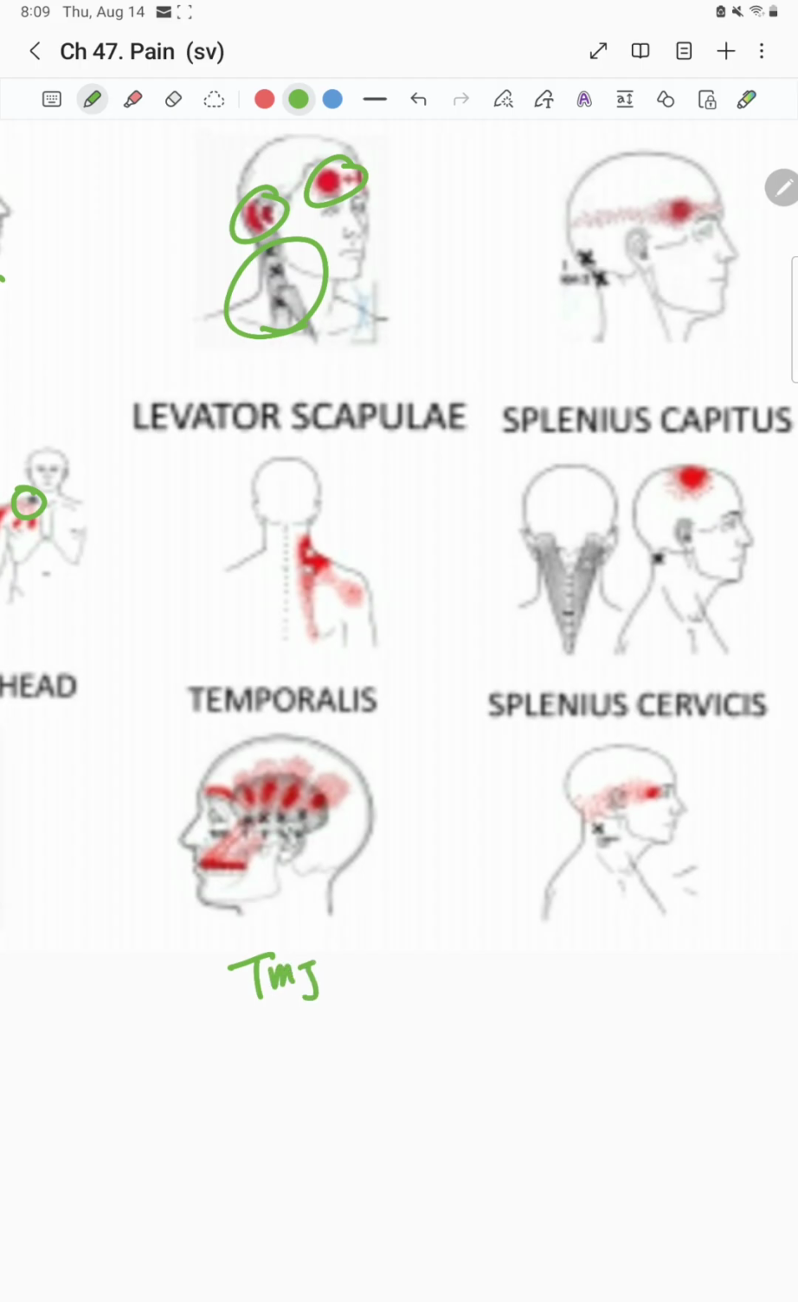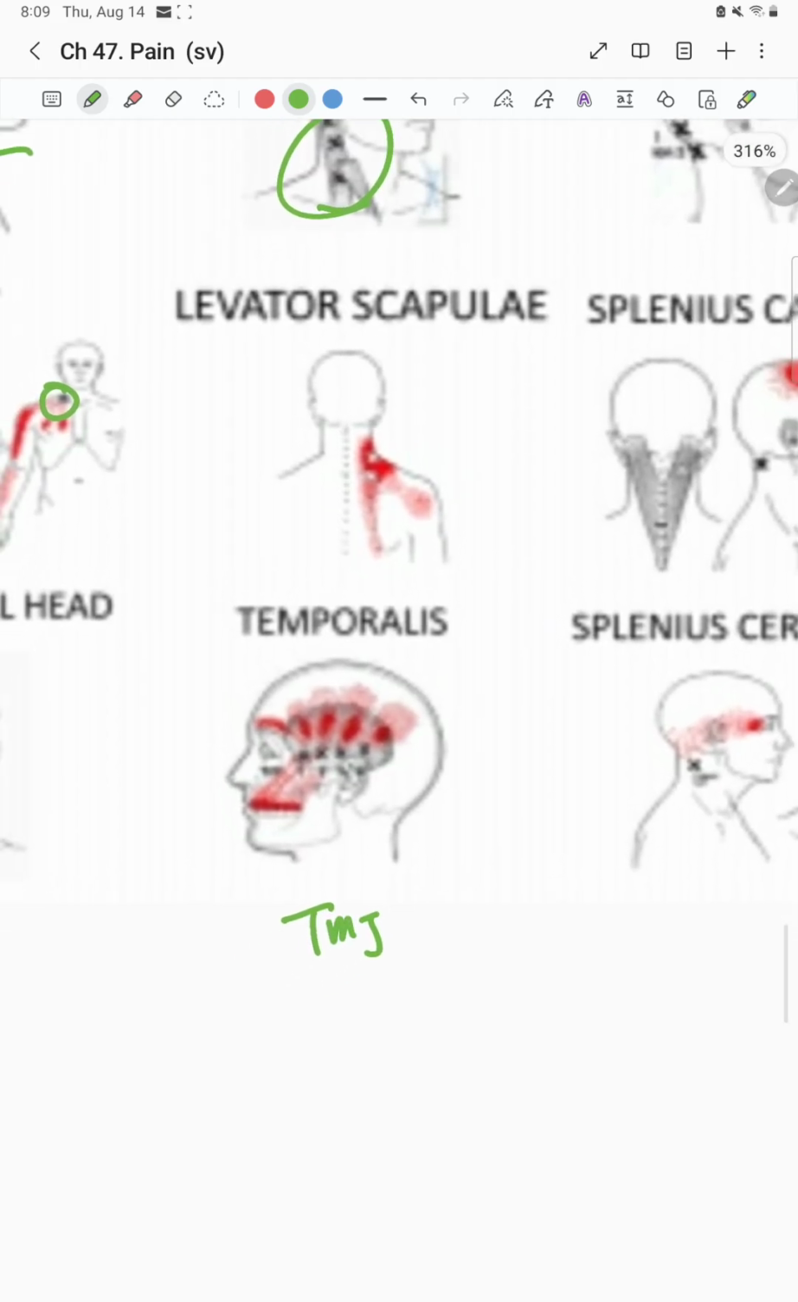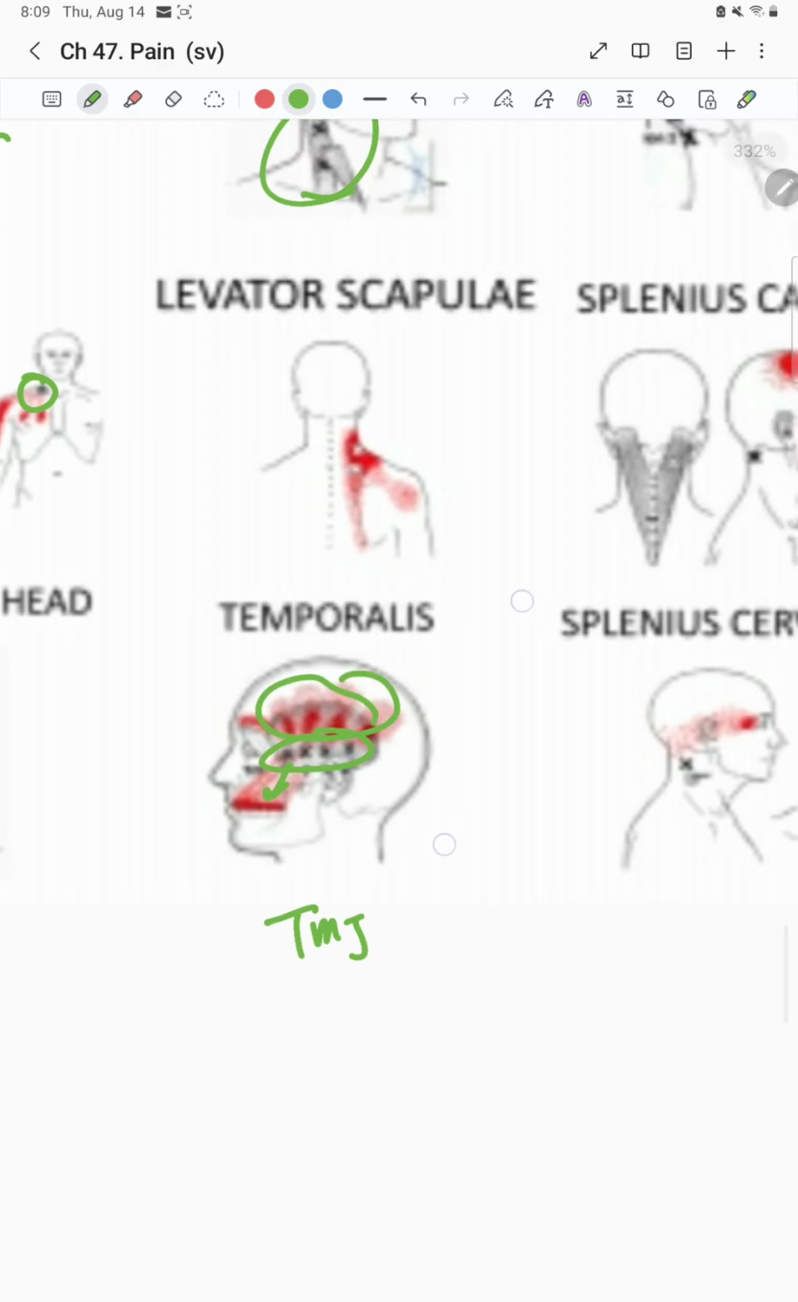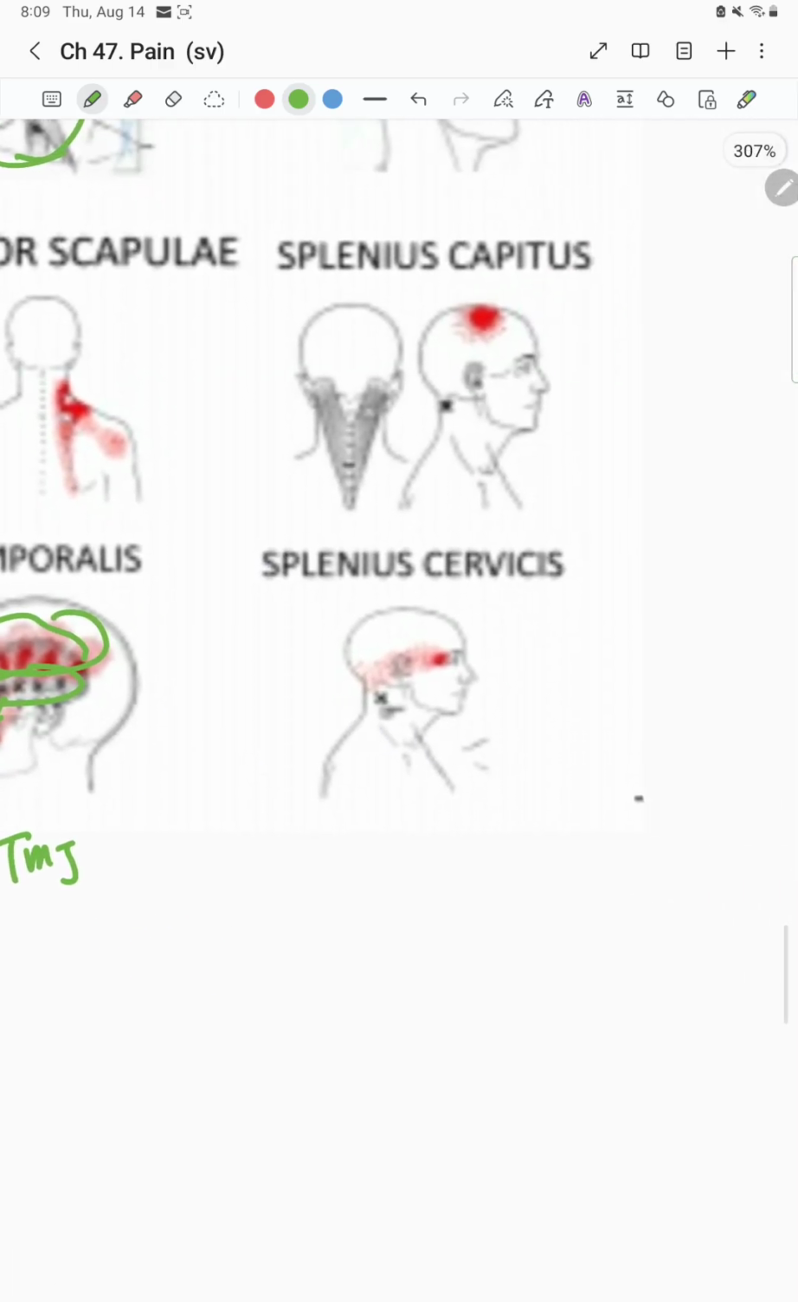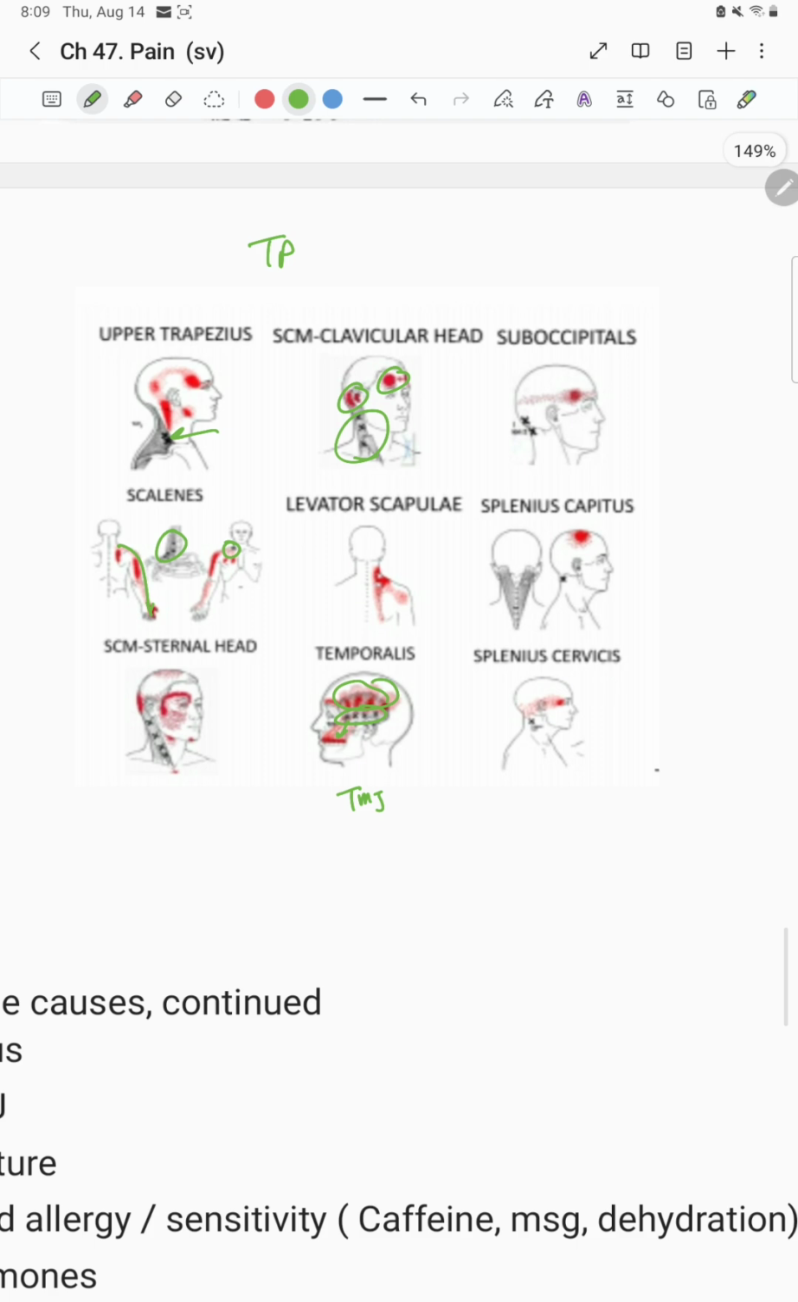TMJ issues, whether you're grinding your teeth at night or over chewing, such as gum and pen caps and things like that. The black, which is in the temporalis muscle, is what is irritated, but the person feels the pain in the upper jaw and in that head area, which can cause headaches. So these diagrams